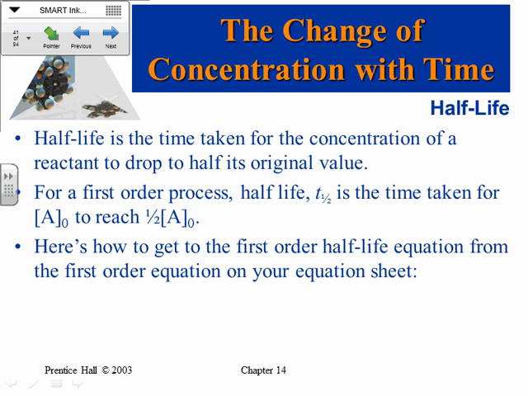But half-life is how much time it takes for the concentration of a reactant to drop to half its original value. If you have 100 grams of uranium, the half-life of that uranium sample is how long it would take for it to become 50 grams instead of 100 grams. Then the other 50 grams decayed into something else. For a first-order process, the half-life is the time it takes for A at time 0 to reach 1/2 A0. Now, you do not get this equation on your equation sheet, but should you ever need the half-life equation for a first-order reaction,